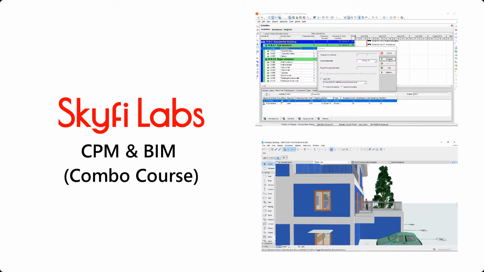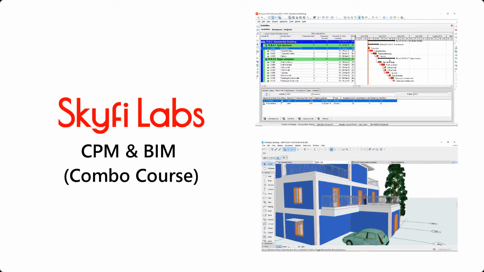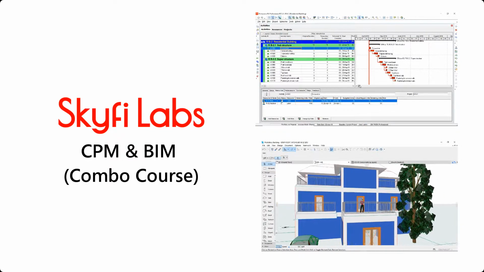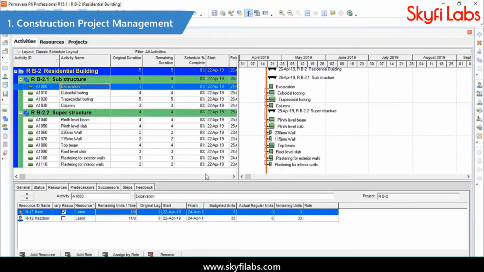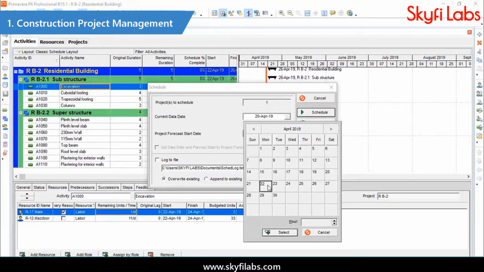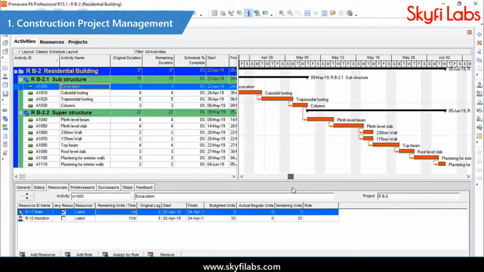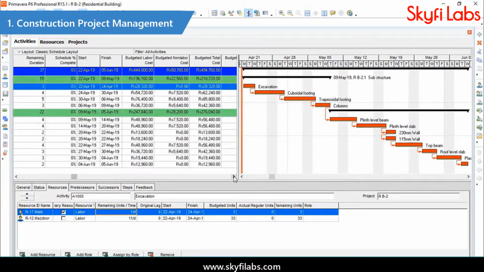In this course, you will learn the concepts of construction project management and building information modeling using industry-grade software. First, you will learn construction project management using Primavera and Primavera risk analysis software. You will get an end-to-end experience on performing scheduling, planning, budgeting, and resource management of construction projects using the Primavera